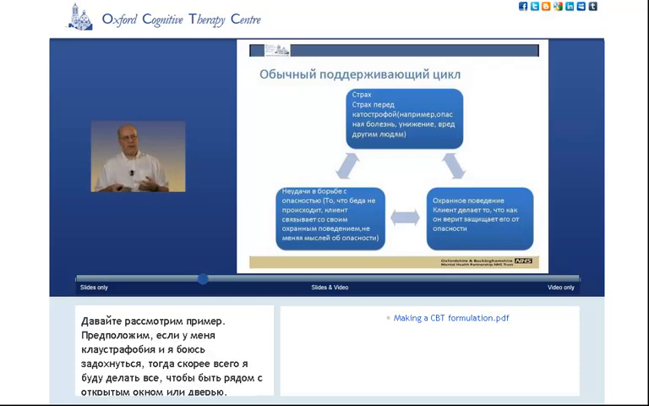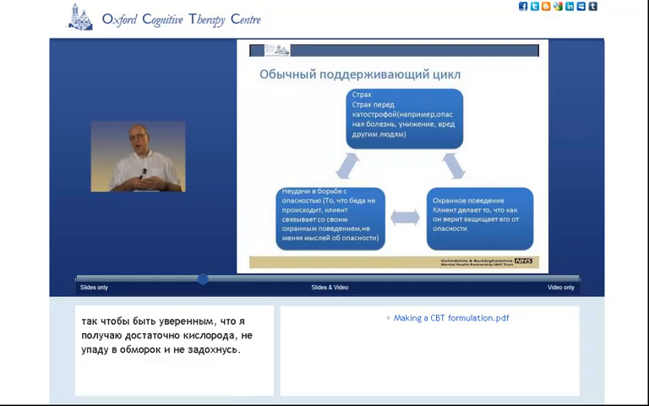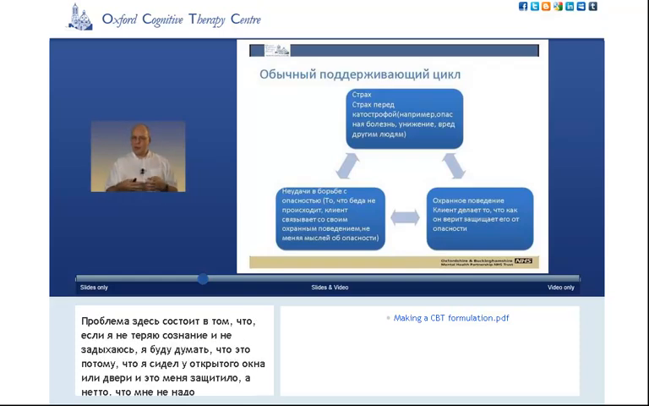Let's give an example of this. For example, if I'm claustrophobic and I worry that I'm going to suffocate, then it may be that I take great care always to stay by an open door or an open window so that I can feel confident that I'm going to get enough oxygen and I don't faint or suffocate. The problem with this, as I was just saying, is that then when I don't faint or suffocate, I tend to think it was staying by an open door that protected me,